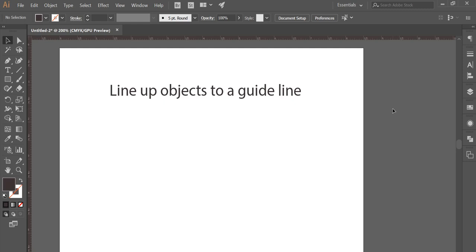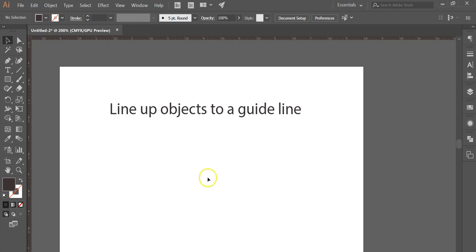Now I want to line up this piece of type right here to make sure it's perfectly centered in the middle of this document. It pretty much looks like it is, but I want it to be perfect. So the way I'm going to do that is to create a guide right down the middle of this document. And the way I do that